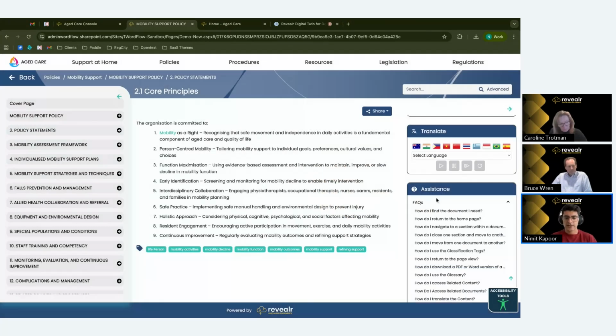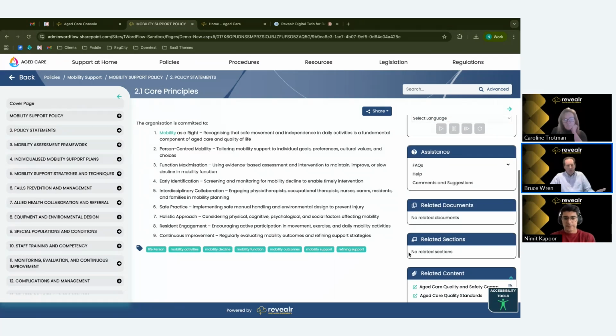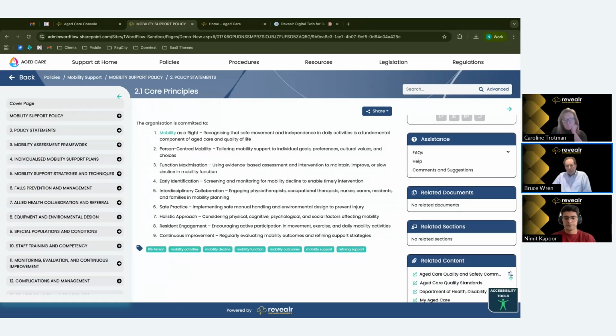And that can be tailored to your own organization. So it's quite easy and very quick to be able to build that. That's right. So before I take you to the related documents and related sections functionality, a couple of things that